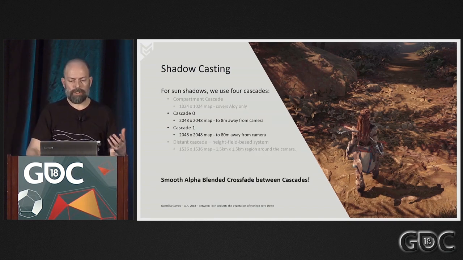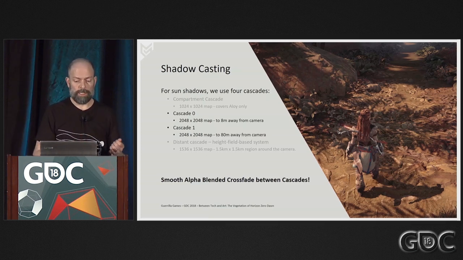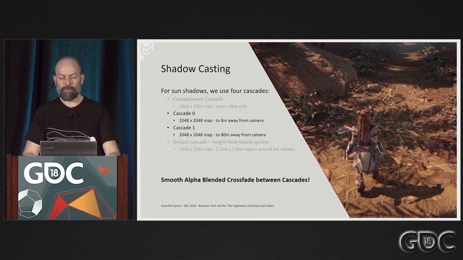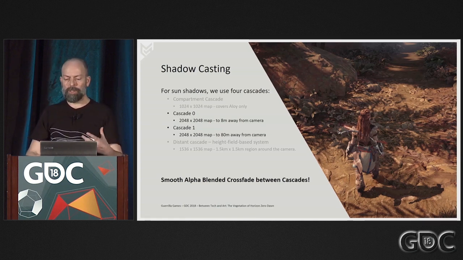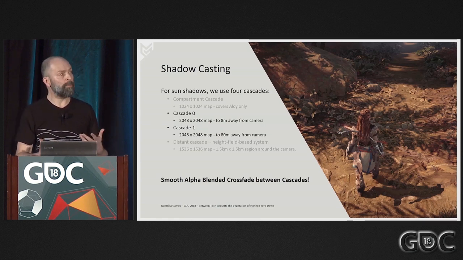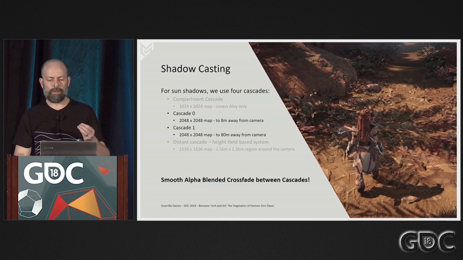But let's talk about Cascade 0 and 1, the standard shadow maps, since these are the ones vegetation renders into. When rendering these shadow maps, we do something a little bit unusual. The natural way to select LODs for shadow rendering is distance to camera based. This causes shadows to pop noticeably because there's no crossfading between the LODs when it comes to shadow map rendering. However, we do crossfade between our cascades. So what we decided to do is render objects into the shadow maps based on fixed distances and only one LOD per cascade. So every object rendered into Cascade 0